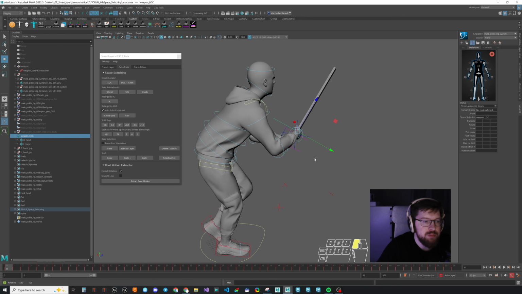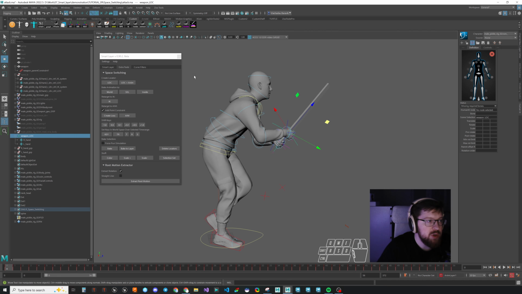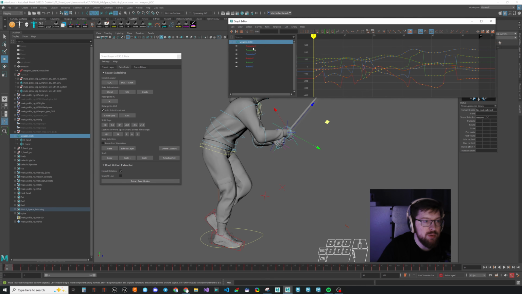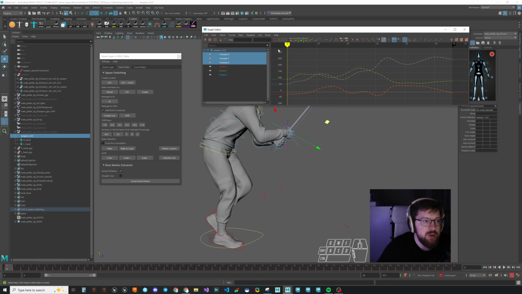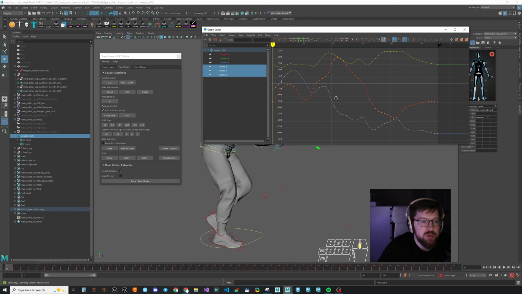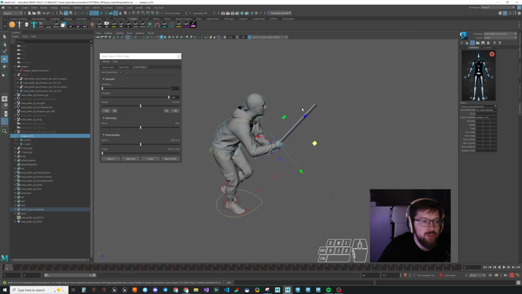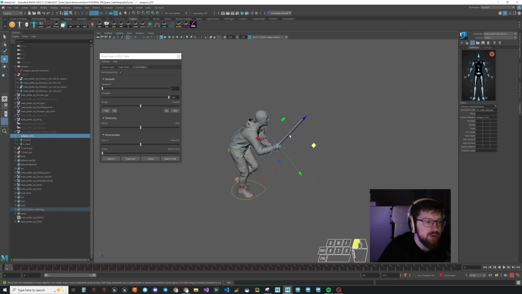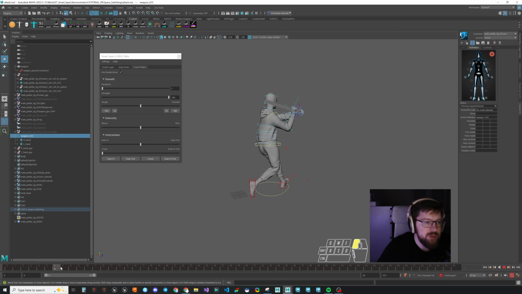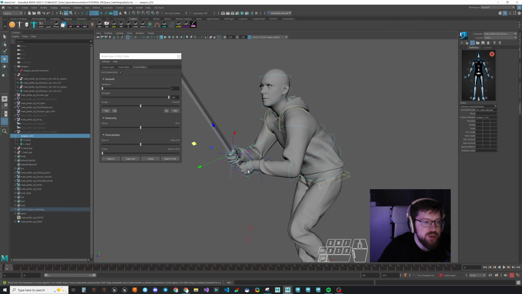Again, we can create some extra layers. We can play with this locator. We can polish its curves in the world space. See if we have any issues at some point. Maybe run curves layer filter. Okay, everything seems to be nice. If you want, we can apply some smoothing. Or we can play with the arc of the sword. But in this way, it would be much more convenient than if we had been animating the rig directly